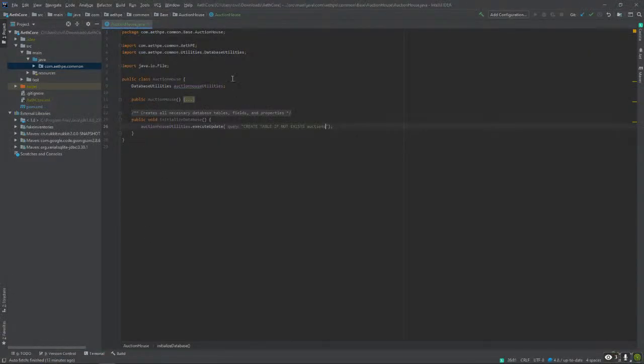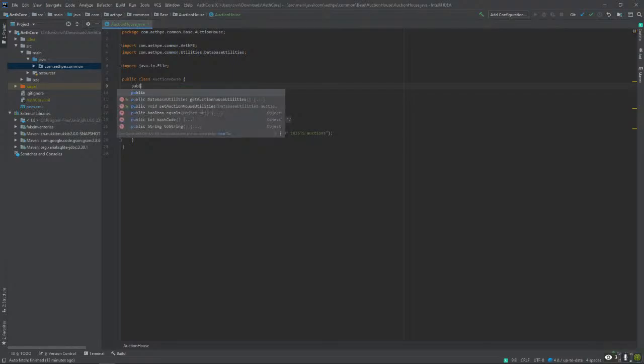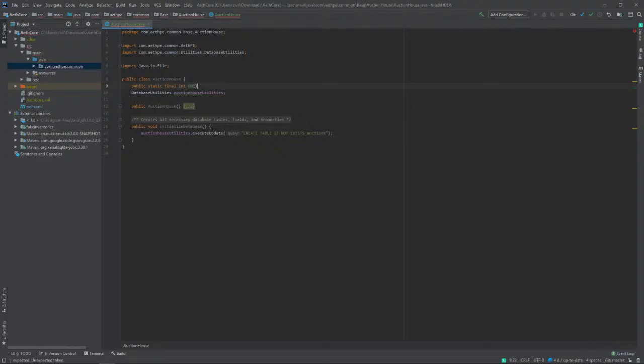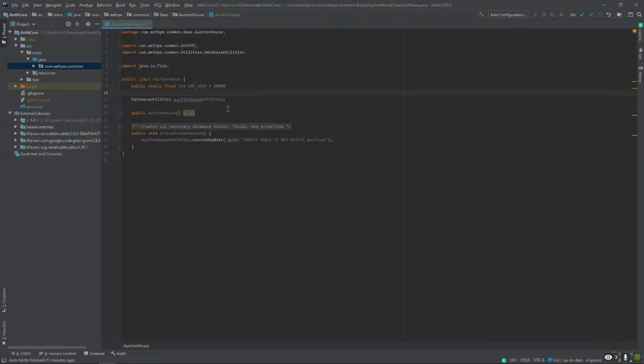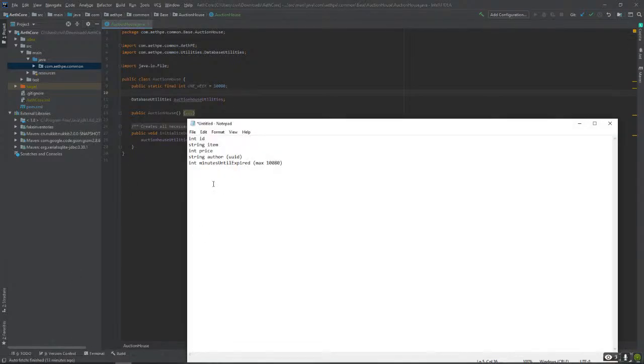So public static final int 1 week, and that's just going to equal that. Okay, so let's just make this time till expired.